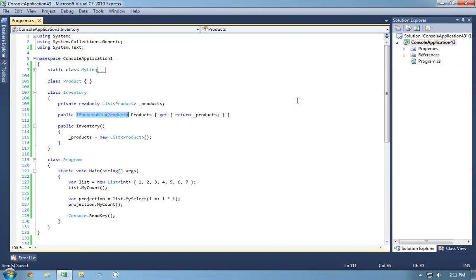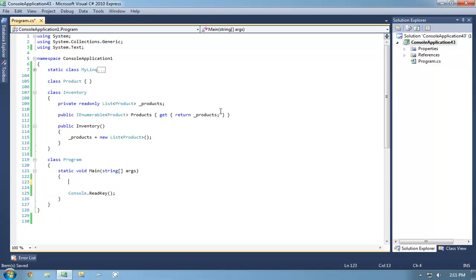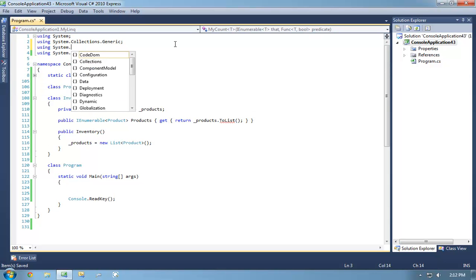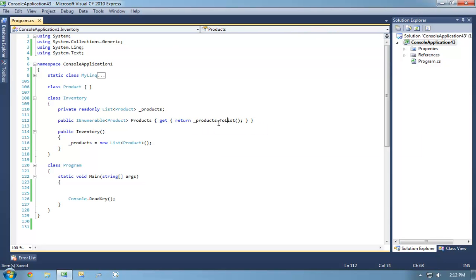All right, so how's everyone feeling? Yes, one could cast it back to a list. I actually hear that a lot, where people say you shouldn't do this, you should do this. Does anybody see the difference between those two things? Notice how I added a products.ToList to it.